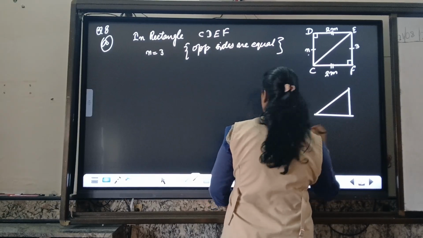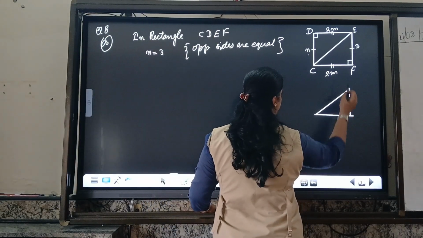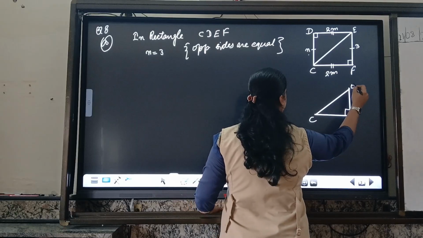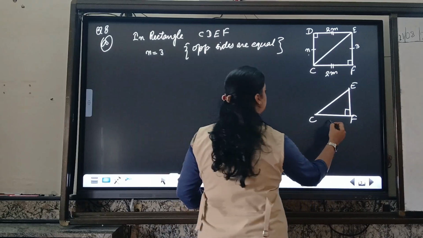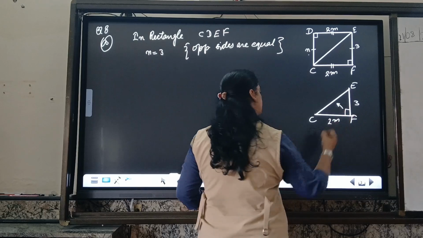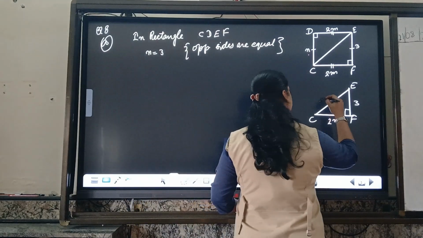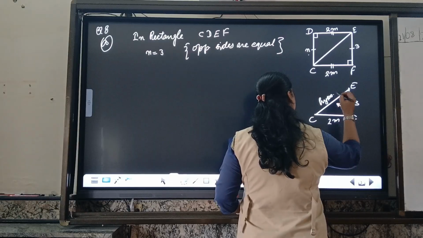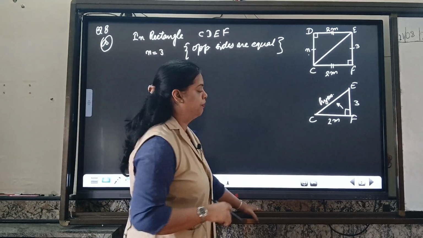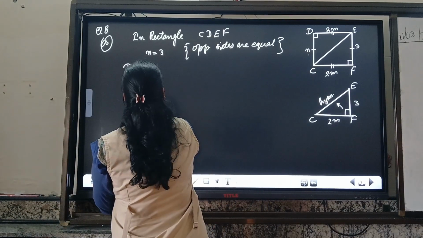If you observe, you will find that it is a right angle triangle. I am writing it as F, C and E. So if it is 2m and 3, the side which is just opposite to the 90 degree angle is known as the hypotenuse, and if we have a hypotenuse, we have a Pythagoras property to handle this situation. So we are using this one in